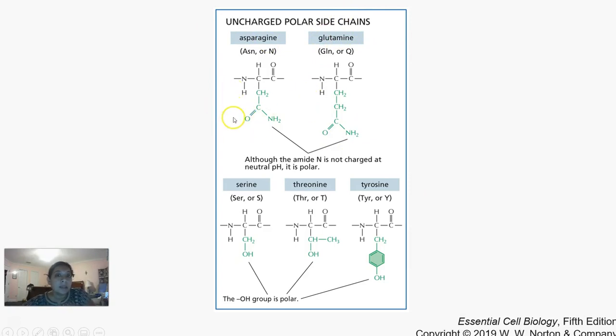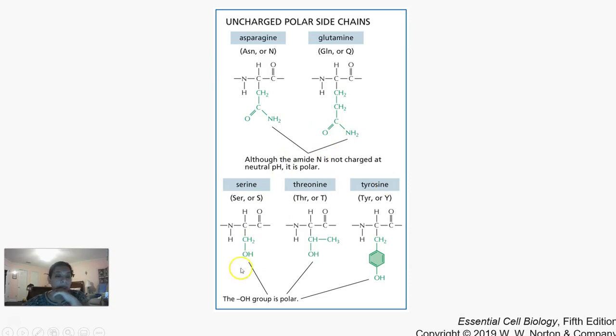These are polar even though they are not charged. Usually when you have either an amine group or a hydroxyl group, those are uncharged but polar side chains. So in this case, even though the amide is not charged, it's still going to be polar. And even though the hydroxyl is not ionized or charged, it's still going to be polar. So asparagine and glutamine are both uncharged polar side chains because of this amide N that is present here, and